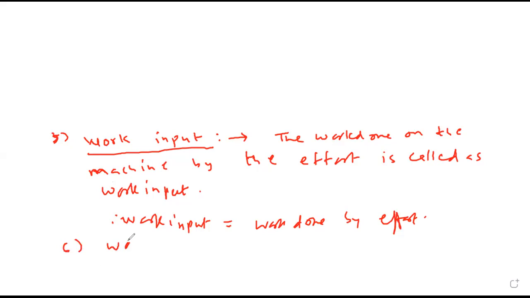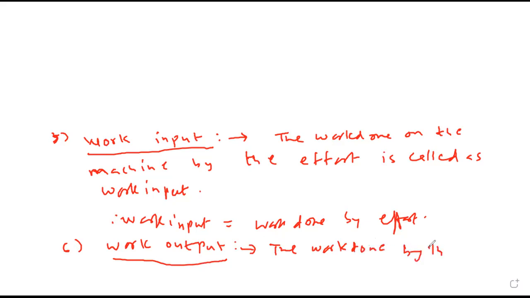Sixth one. Work output. The work done by the machine, the work done by the machine on load